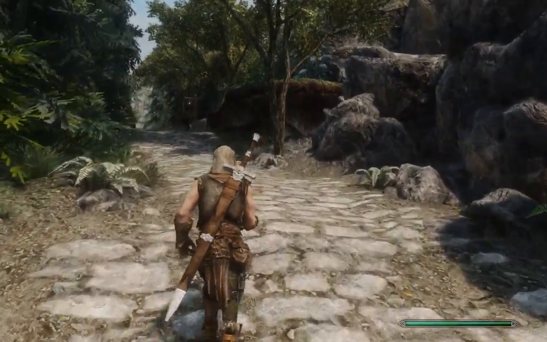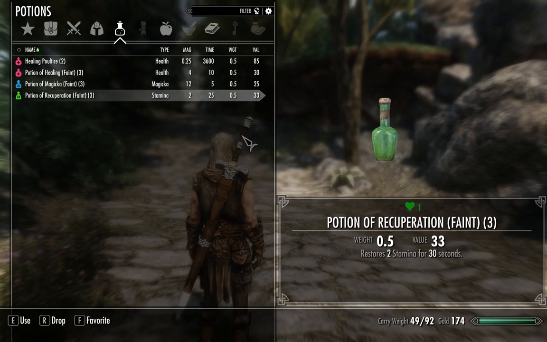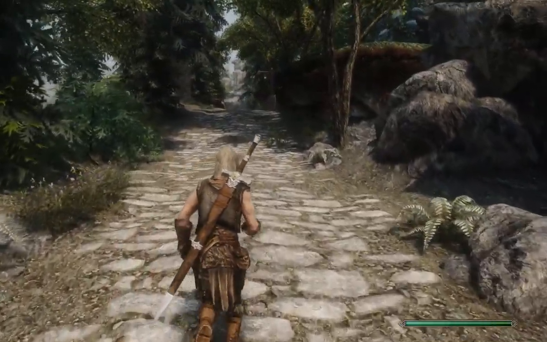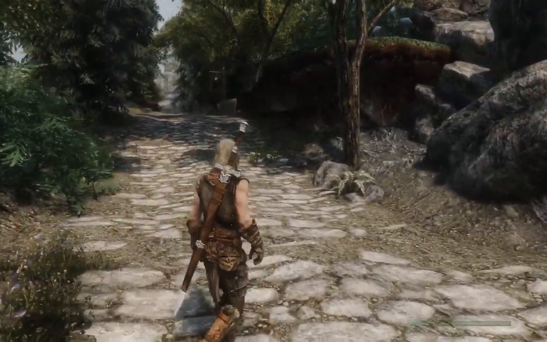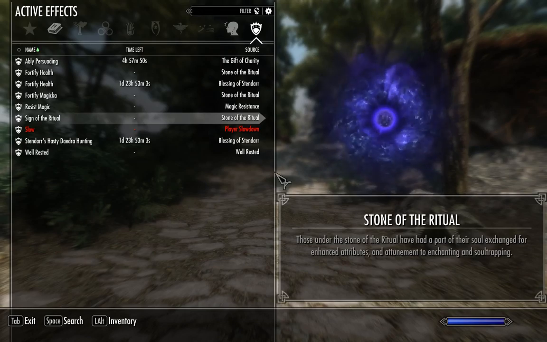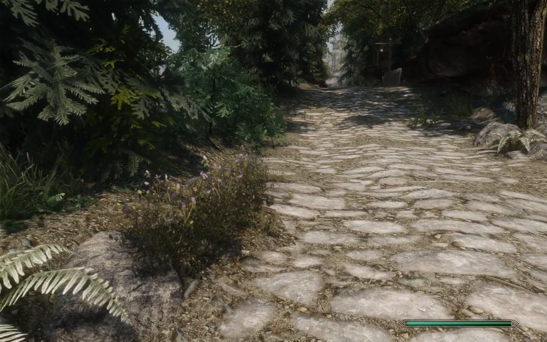They have 20% more duration on beneficial healing potions, magical potions, and recuperation potions, which stacks with the Apprentice Stone, if you are wondering. They get 20% less armor weight, but that doesn't affect the mass effect, it's just free carry weight. And they get 13% magical resistance. And they don't lose their magicka when hit by an attack or a spell, which is normally a level